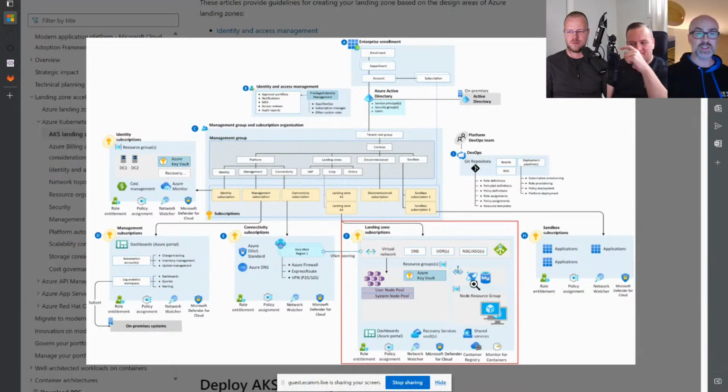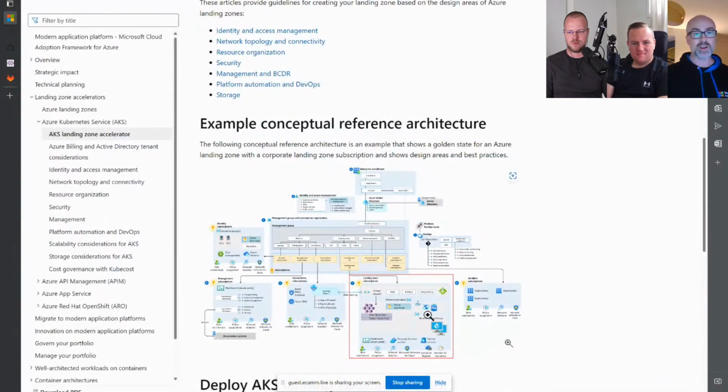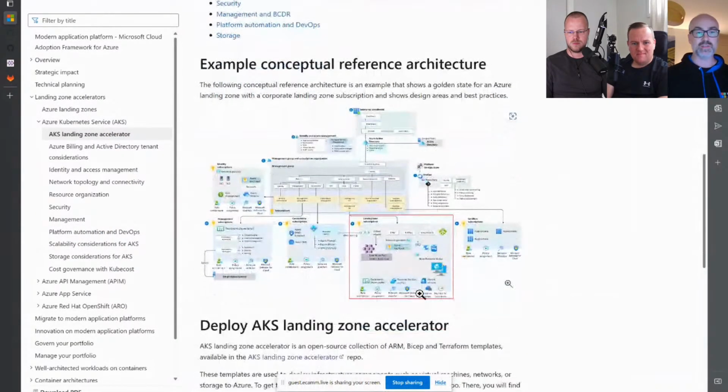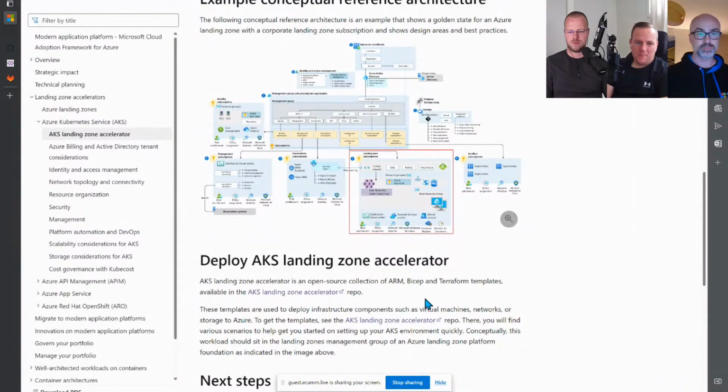Where they've really focused in on is that workload perspective. You've got all your governance there, all your different subscriptions set up, but now you actually want to get on and do something real, something that fits in with what you've already implemented. So this is where you start off when you're having those landing zone conversations.